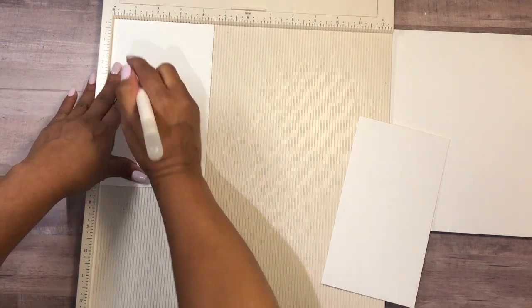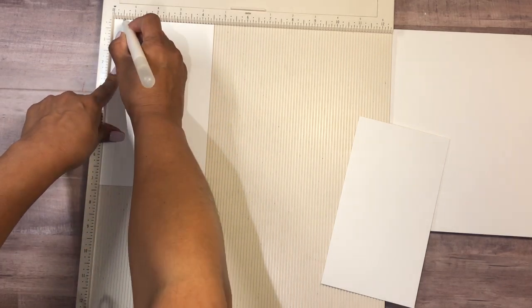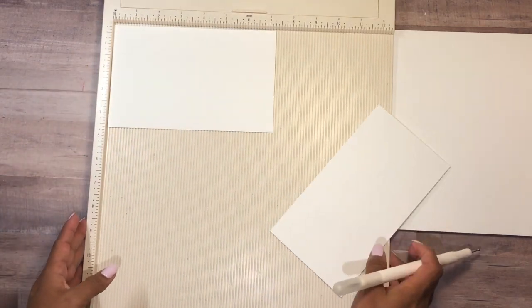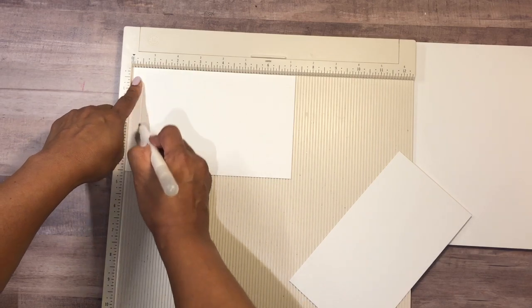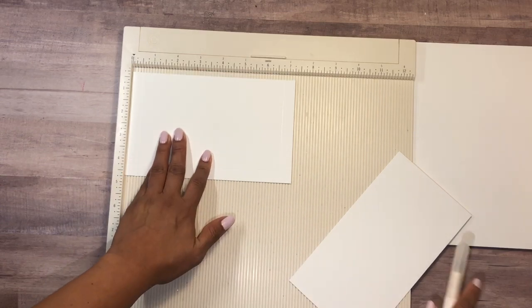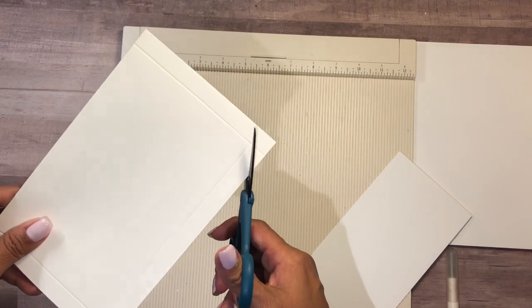So I'm going to score 1/2 inch along the 4 1/2 inch side, and then we're gonna turn this over and do 1/2 inch here. Let me move down here a bit. 1/2 inch, and then you can turn this over again and do 1/2 inch to create a pocket. Now we're going to cut the corners,